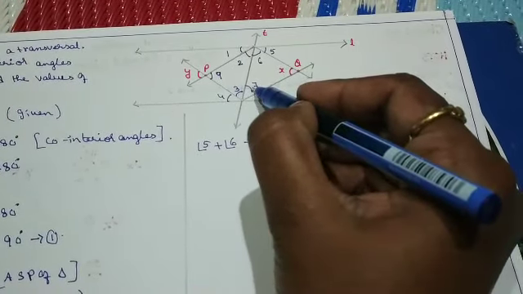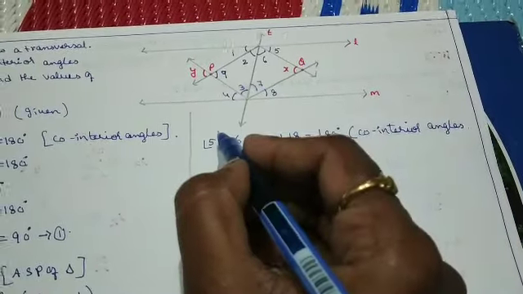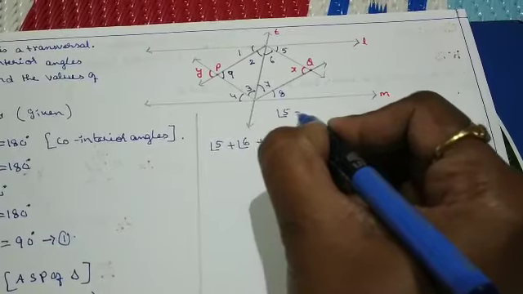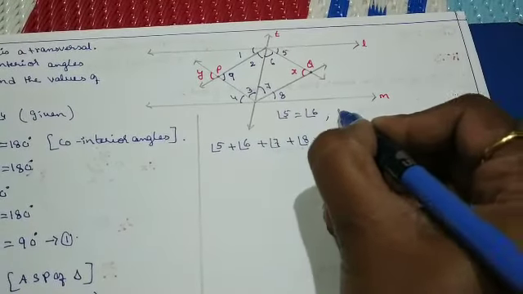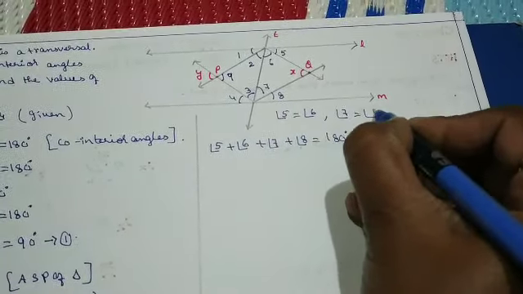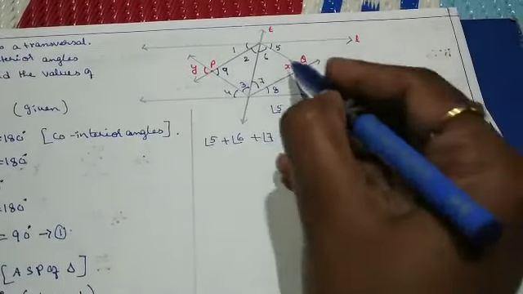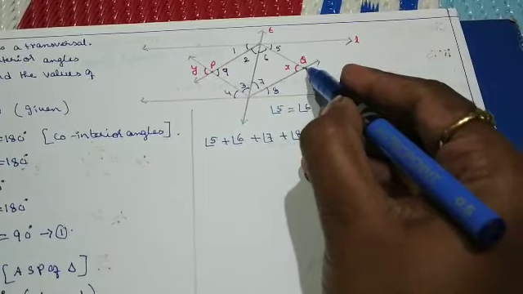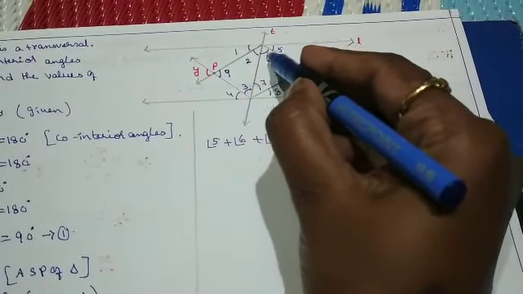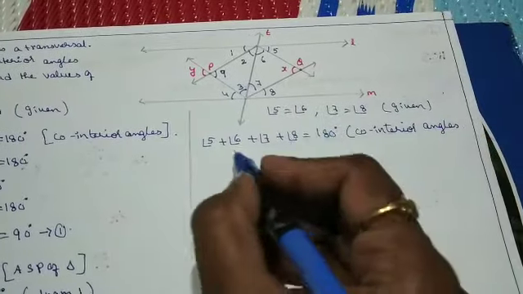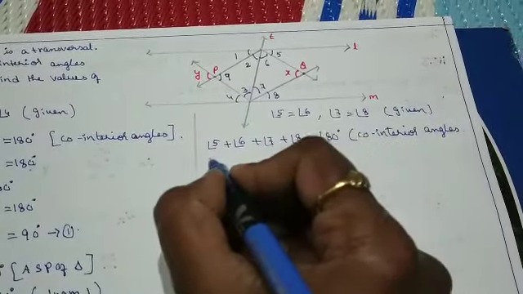Next, the x is within a triangle, which means it should be expressed in terms of 6 and 7 only. So angle 5 equal to angle 6, angle 7 equal to angle 8. Why? Because it is given in the question that the bisectors of the angles intersect at Q. This complete angle is going to be divided into 2, so we call them bisecting angles. Then 5 can be changed in terms of 6.